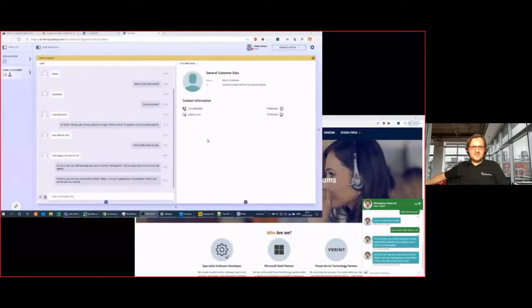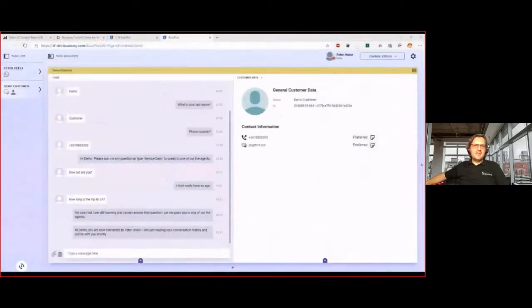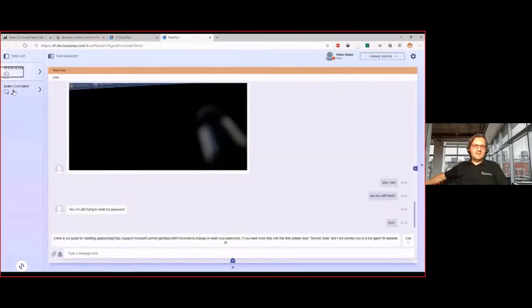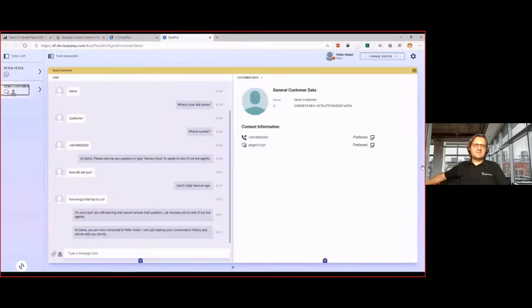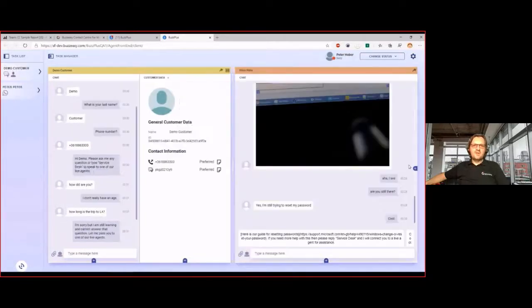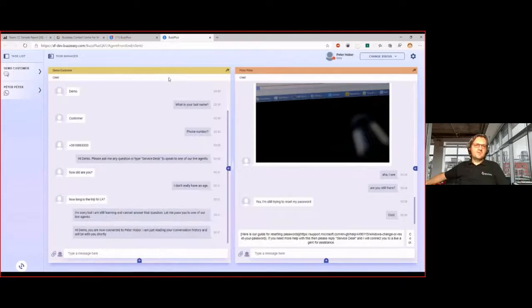So let me just split my screen here, and you can see that now I have a WhatsApp and I have a web chat, all distinguished by these nice logos, and you can always follow which customer you are chatting with. You can have the customer information, you can swap between these, and if there is any activity, you will be notified which tab to go to. And again, here you can have both chats on the same screen and have that conversation quickly and easily managed in our user interface. So let me just have some conversation with the web-based one.